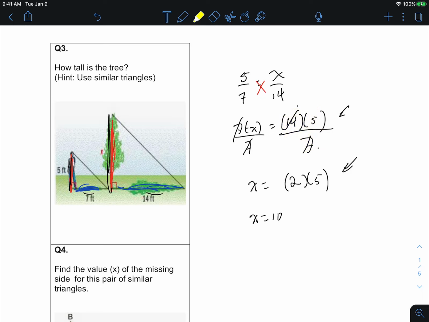Exactly. Saves tons of time, especially when you can do something like 14 divided by 7. So then you could say, okay, therefore the tree